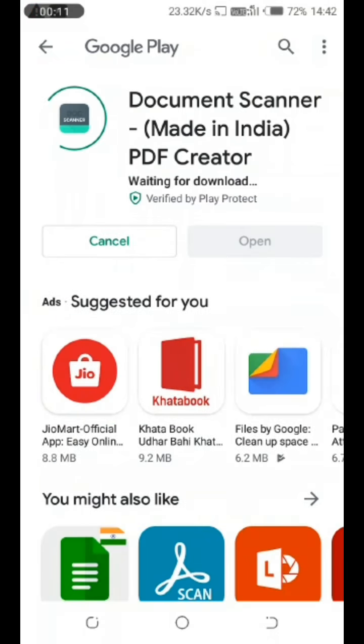I have clicked it. Now the app, that is Document Scanner, don't worry, it is a purely India-made app, so it will be downloaded to your mobile. Please allow some time for this process.